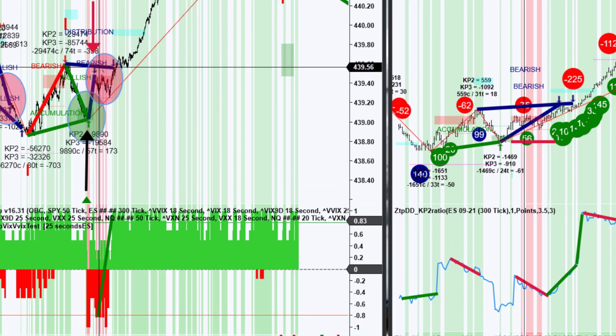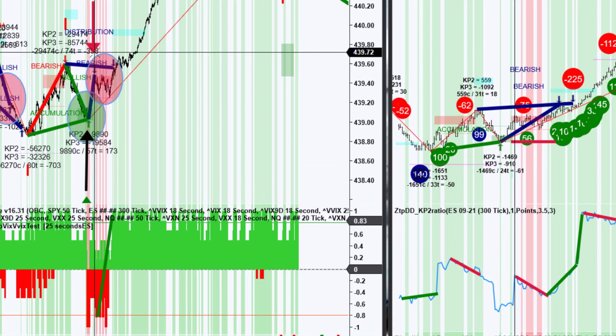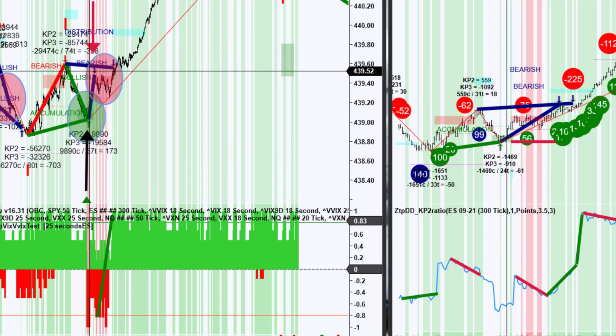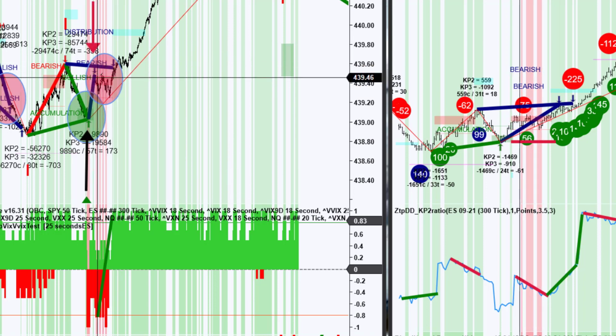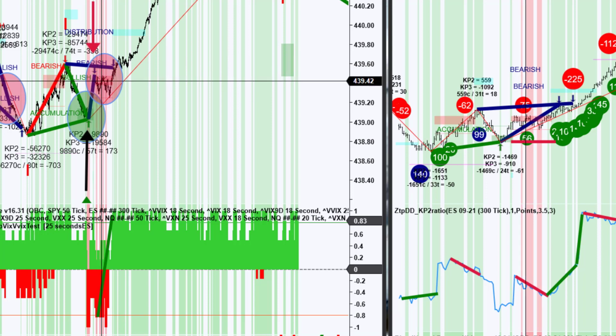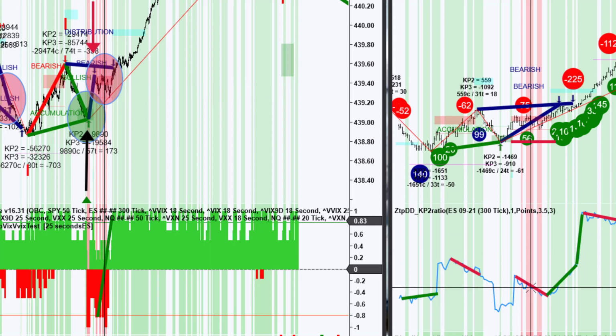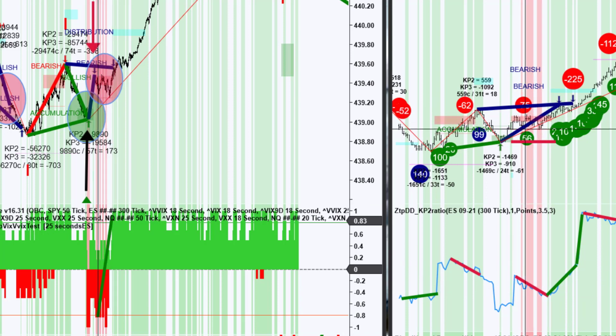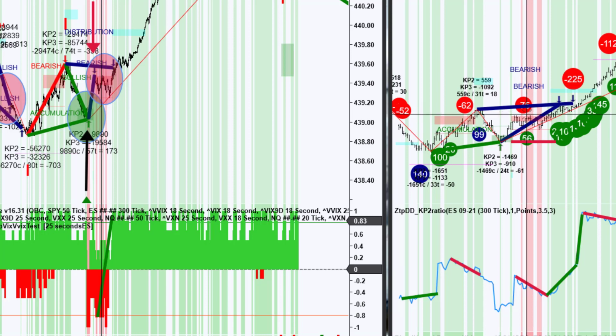Here, we're going to have a SPY divergence trade, and we're going to call that a loss. But what is important is how we read the KP2 ratio indicator right here. So this is the area where we're getting this SPY divergence that we're going to end up